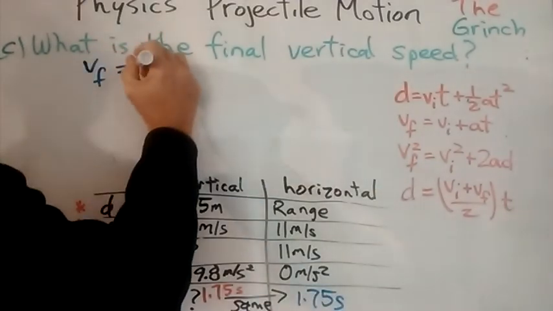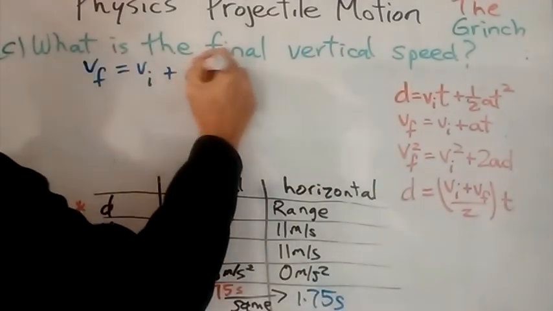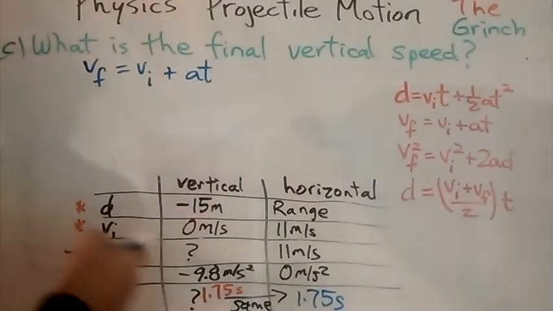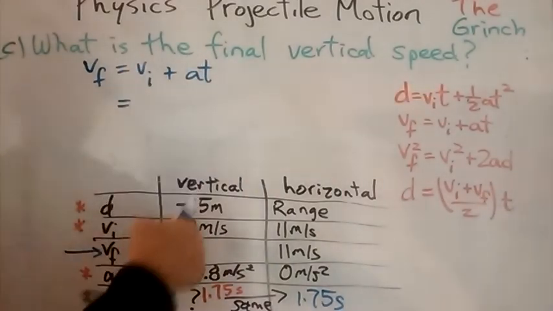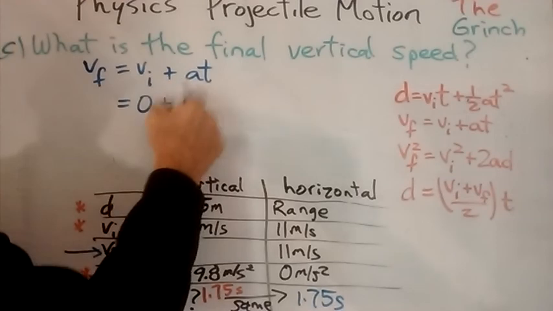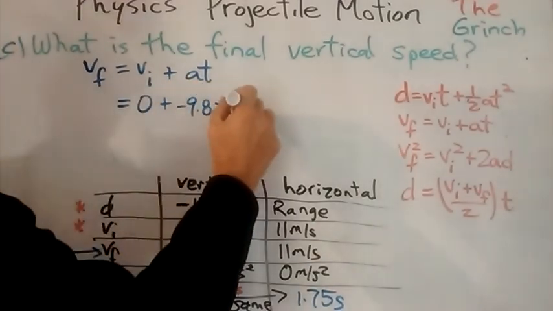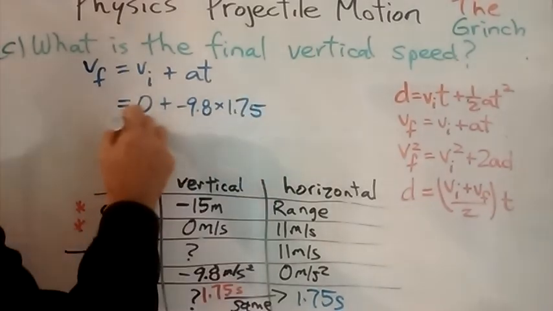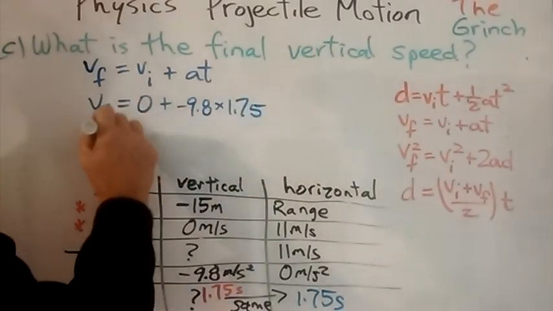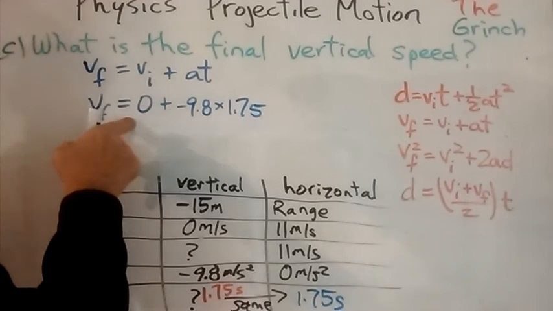VF equals VI plus AT. VF is what we're looking for. VI in the vertical direction was 0. Acceleration in the vertical direction is 9.8, and T was 1.75. So my VF turns out to be